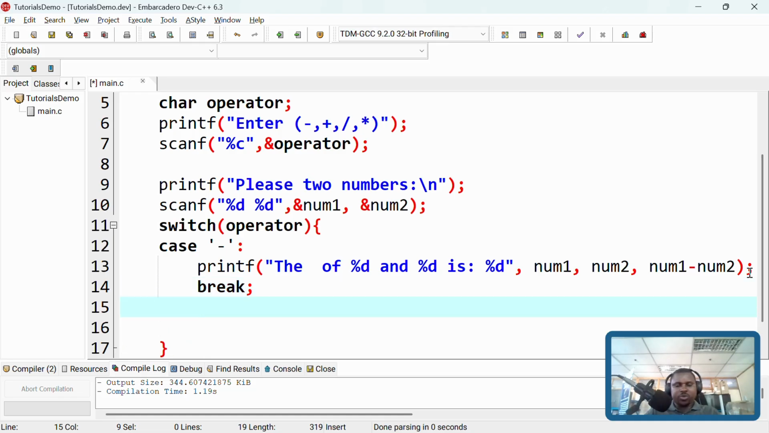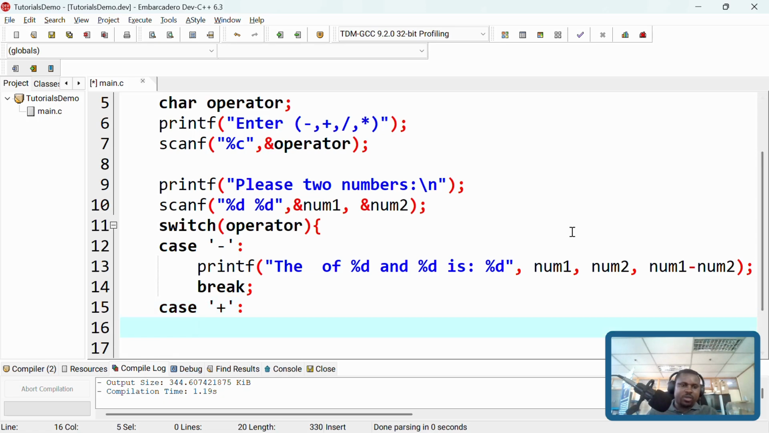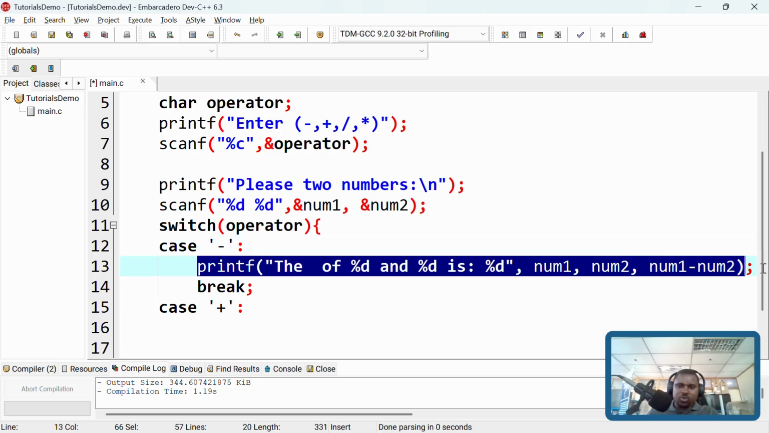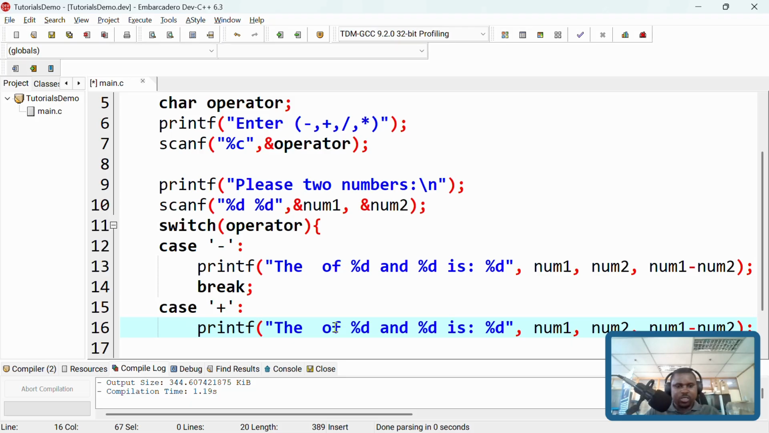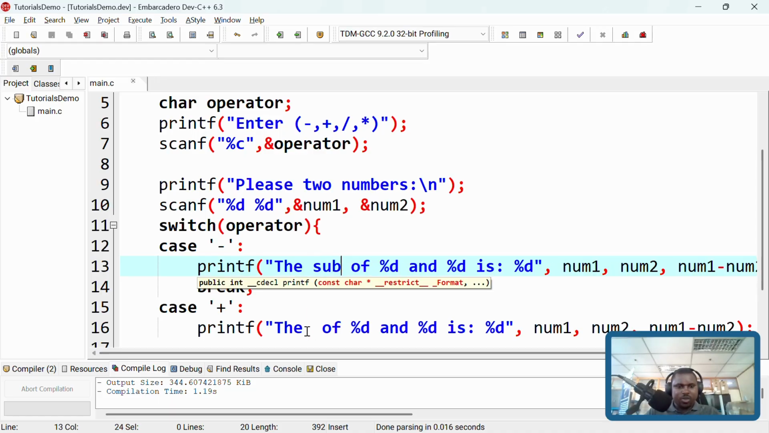And now what you need to do is the second case, which is the case for addition, right? So what do we need to do for addition? We just need to put case there, and then we put our character, which for addition is a plus, and then we just repeat the same right here, but now we want to change it to addition, something like this. And then instead of saying the subtraction of,